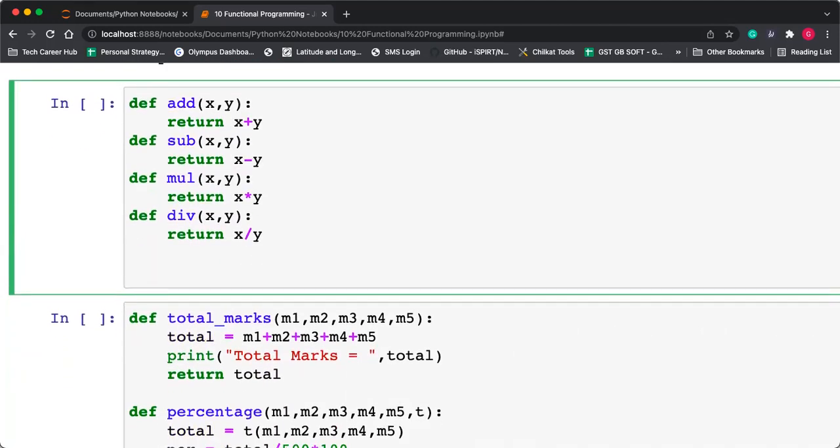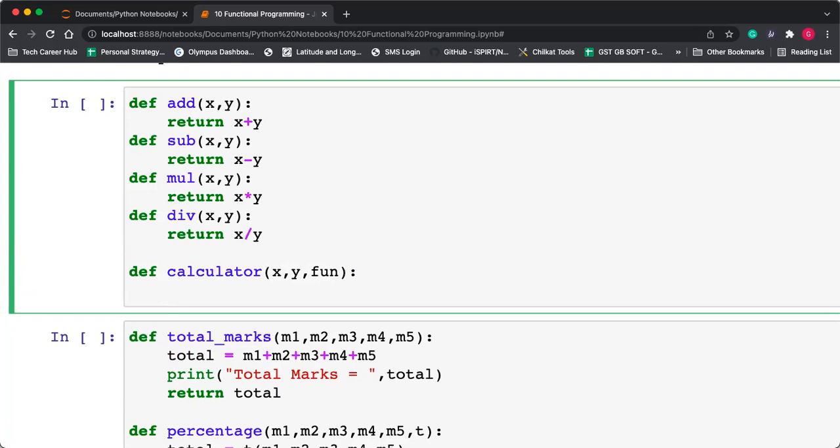Now I want to write one function, def calculator, which will take two inputs, like x and y or a and b. You can take this, and there is one function it is receiving.